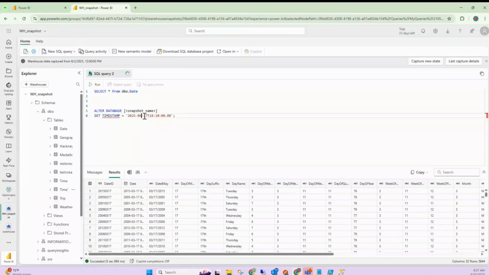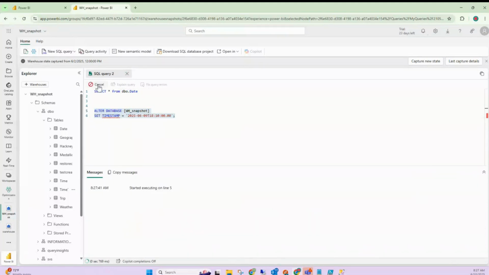So now if I want to update it from 06 to let's say 09, I need to provide the snapshot name, which is WH underscore snapshot, so I can set the corresponding timestamp to the corresponding value. And now in case I execute this,